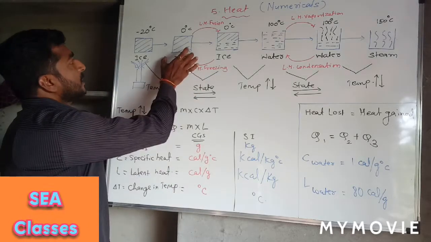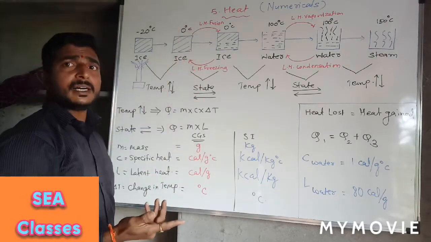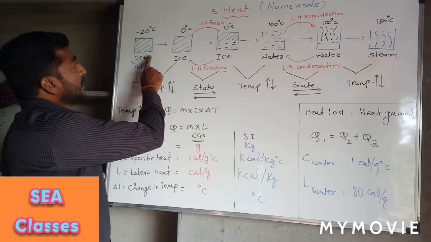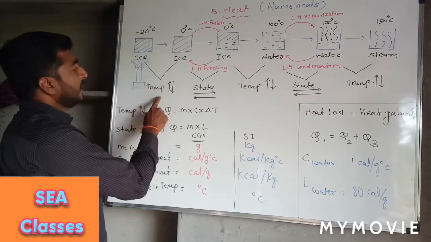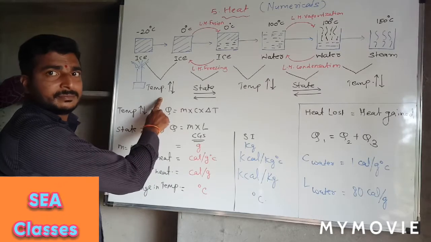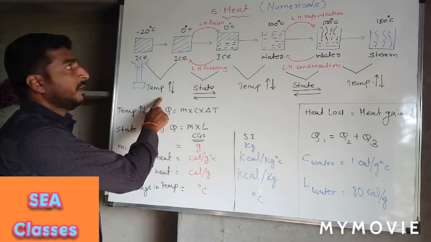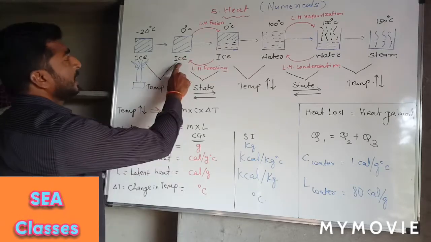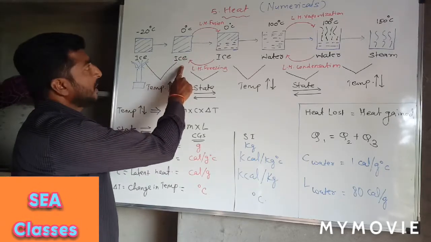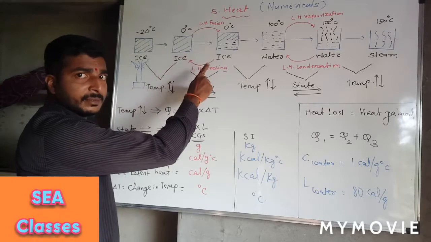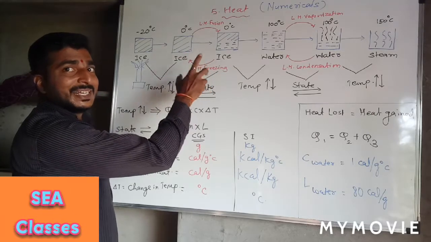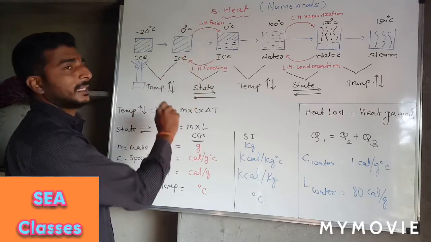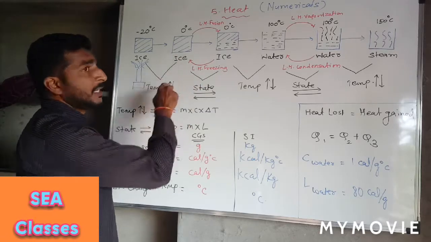Now at 0 degrees Celsius, at this temperature, it is still ice. So what is happening from this place to this place? There is an increase in the temperature of ice. Now when we continue to give heat here, the temperature will not keep increasing, as it does not happen like that in the case of ice at its melting point.